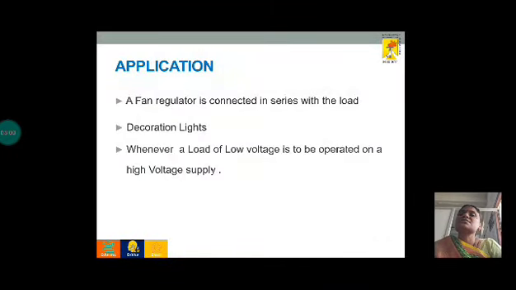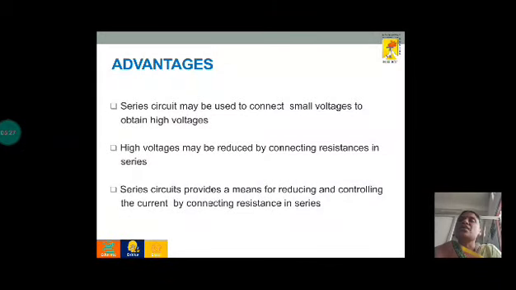Applications of this series combination: a fan regulator is an application where we can see it. Next is decoration of lights. Whenever we are in need of a low voltage for any load from a high voltage supply, the series combination of resistance is recommended. Advantages of the series combination is that series combination circuits can be used to connect small